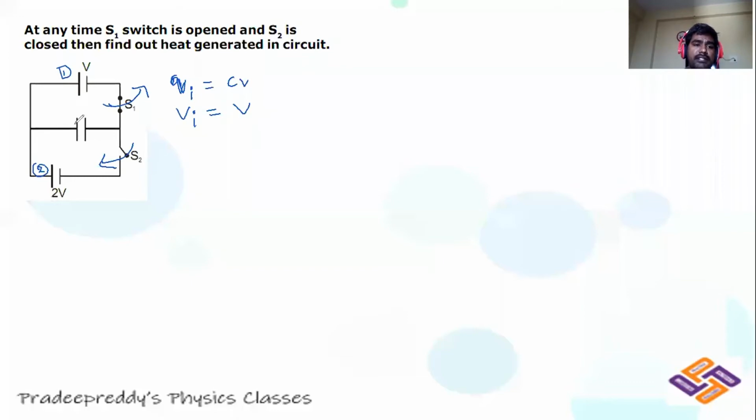This is a charged capacitor now because it is connected with potential V. Suddenly you are removing S1 and connecting it to S2. Therefore, in order to make the capacitor potential equal to the potential of the battery, this new battery will transfer some charge. So how much charge is it transferring? What will be the final charge over here? Final charge will be Q is equal to CV, that is C into 2 times V. This is the final charge upon this battery, right? Now what is Q transferred?